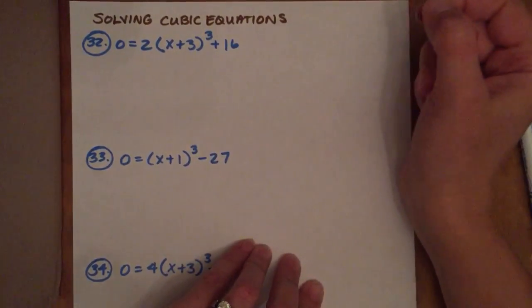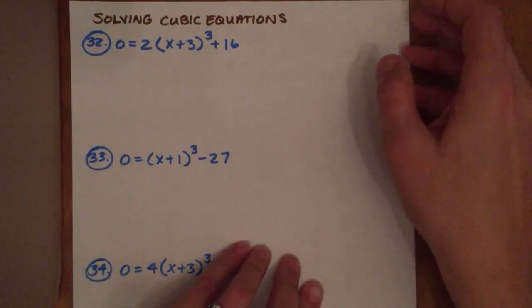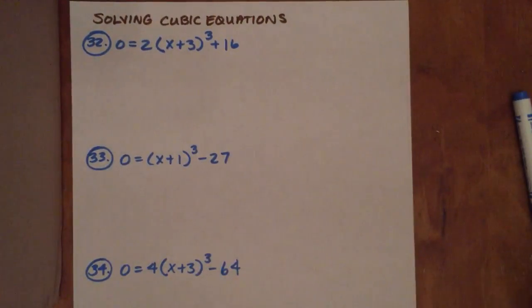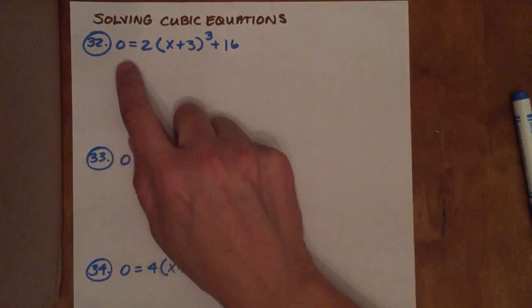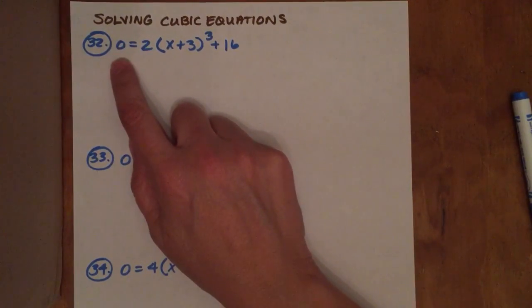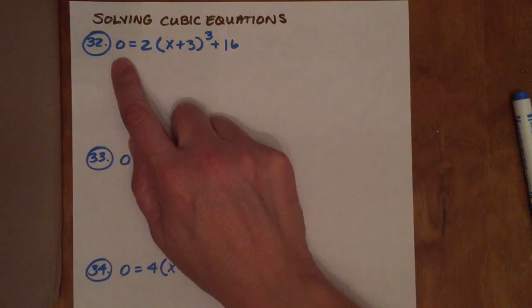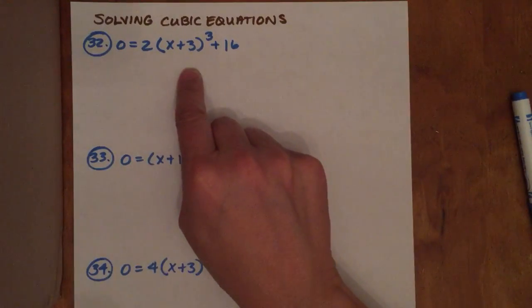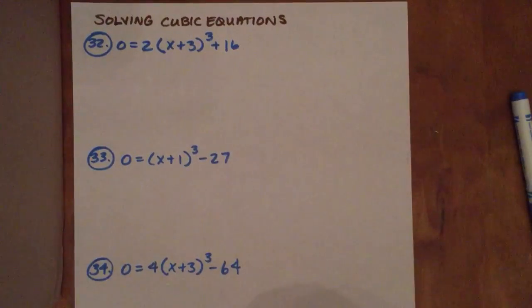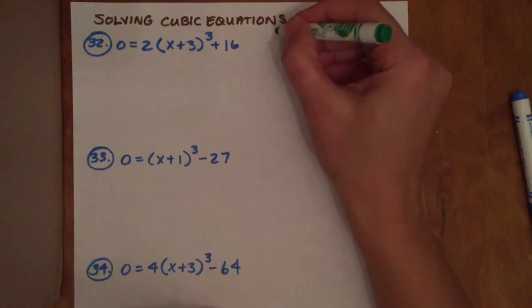So this is part 6, and now we're actually looking at solving cubic equations. What we're doing here is we're going to solve cubic equations, and we've got a value equals 0. And remember, this is your y value. So when the y value is 0 and we're solving, that means we're looking for the x-intercepts. So when we solve this and look for the solution set,